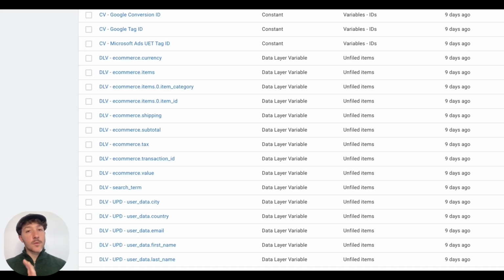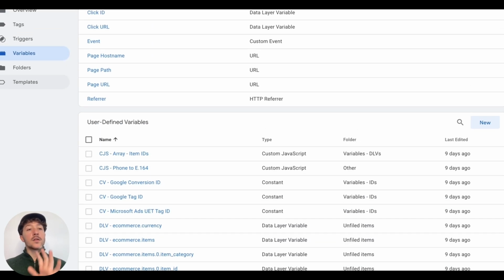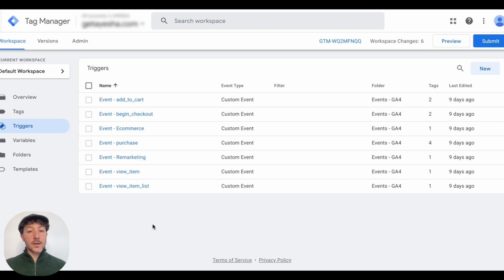So for the dynamic remarketing, those are the two variables you need. You see a lot more is going on here, but we focus on the most important things now. Let's move on to the trigger. For the trigger, I have here one remarketing trigger. I will put exactly the value of this trigger down in the description,